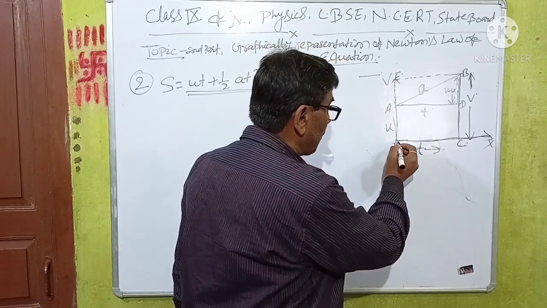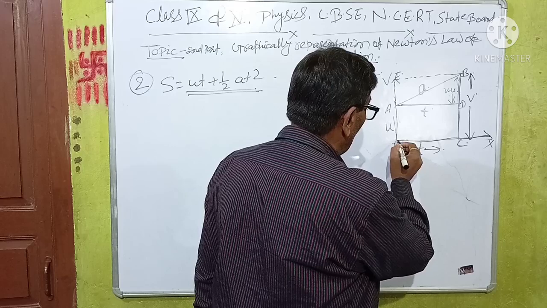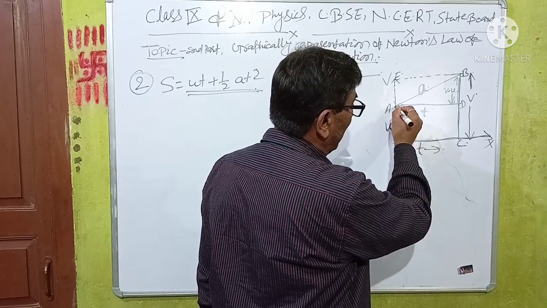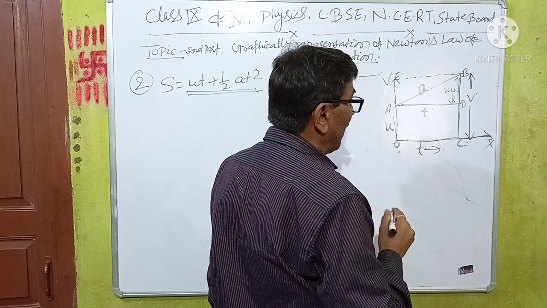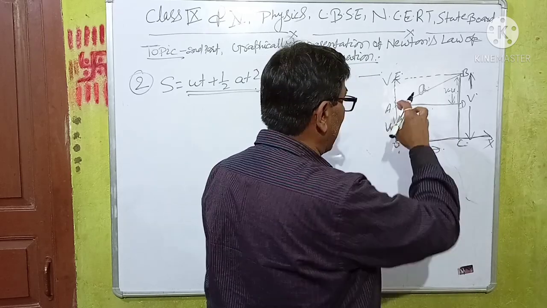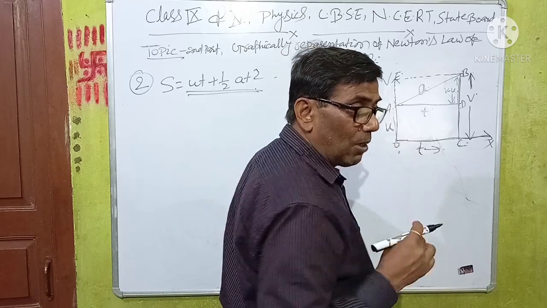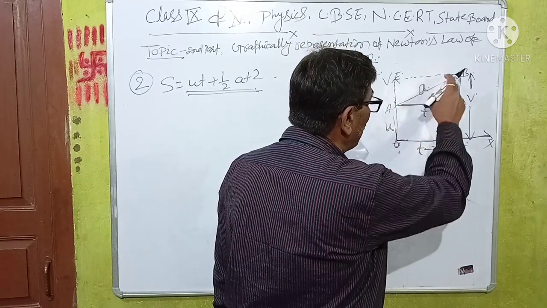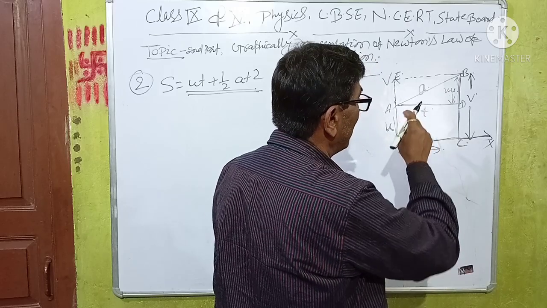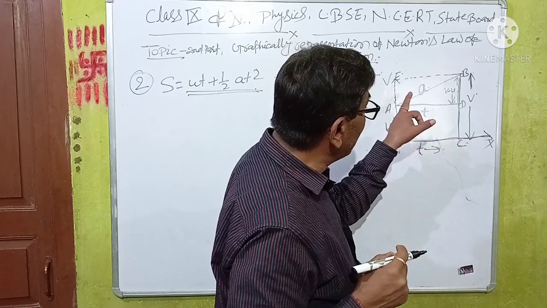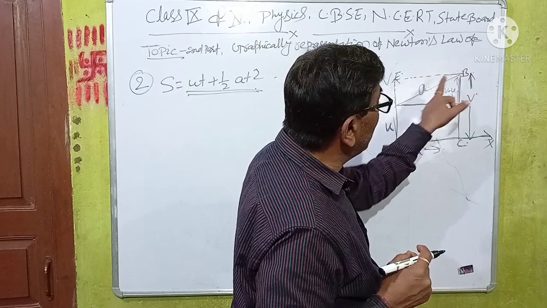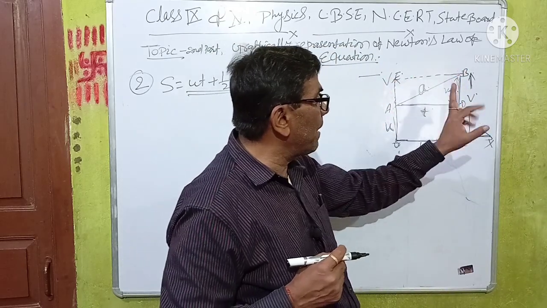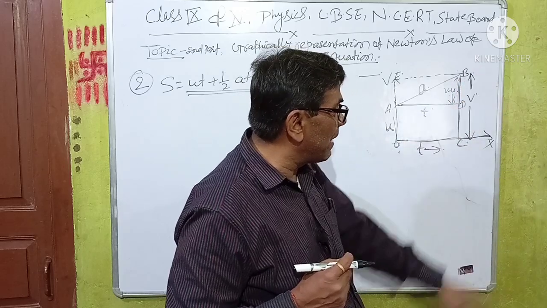A body travels from origin point O to A with initial velocity u. Then, having reached point A, it is accelerated and its velocity changes. Here O to A is constant speed, but when it travels from A to B on the inclined surface, its velocity changes. It is accelerated from point A to B with acceleration a, and reaches point B, where its final velocity is v.